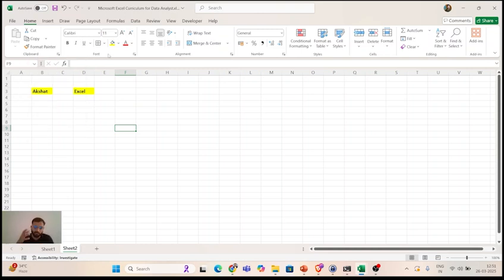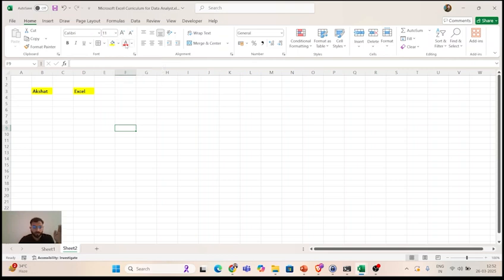Apart from that, the second group is font. I'm not investing much time here because these are very easy things. But still, I'm not assuming that you know anything. I'm assuming that you know nothing. That is why I'm trying to touch base on each and every topic according to its importance. Then Calibri is the font style, then bold, italic, underline. If you want to make something bold, italic, or underlined, you can. Then you can make the size larger or smaller from these options.